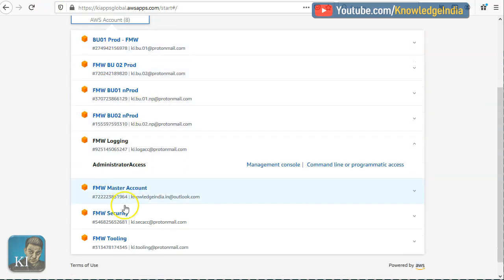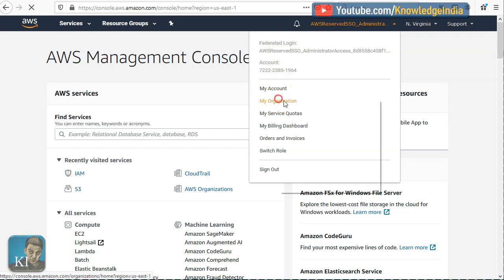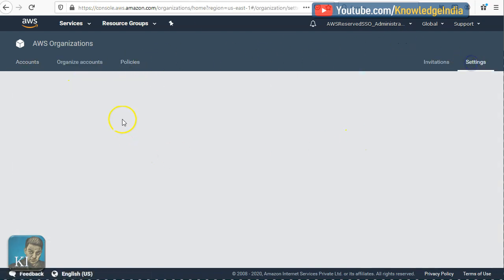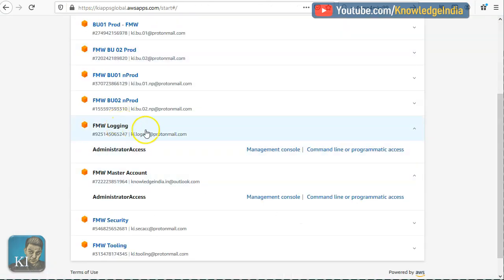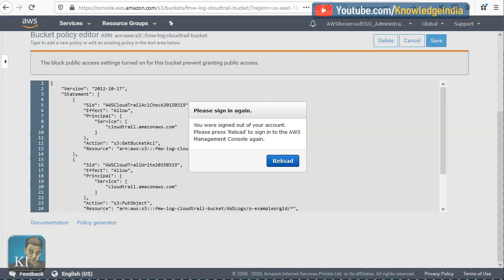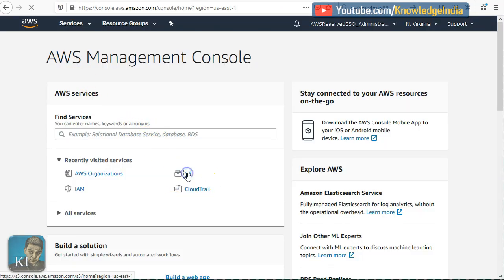Let's go to the master account. Okay, all we need to do is quickly go to organization and pick the organization ID. That's it. So go here, go to settings probably, and here is our organization ID. I'll paste it here and leave it there, and I can close this. Again, I can get inside the logging account. This is just so easy because of the SSO thing. All right, we are here in the logging account now,